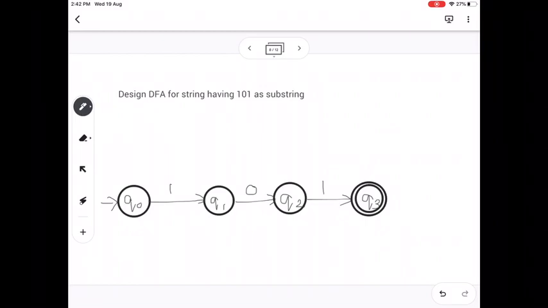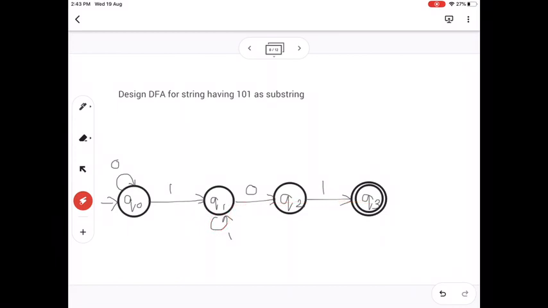Okay. Now, I have to complete this transition graph with all the inputs at all the states. So, Q0 I have already done with 1, now 0 is remaining. For 0 input, it will remain in the same state. Okay. Then, Q1 with input 0, it is going further. For 1, where should it go? It will remain in the same state. Why? See here, 1, 0, 1. So, we are getting the substring. So, I remain in the same state.